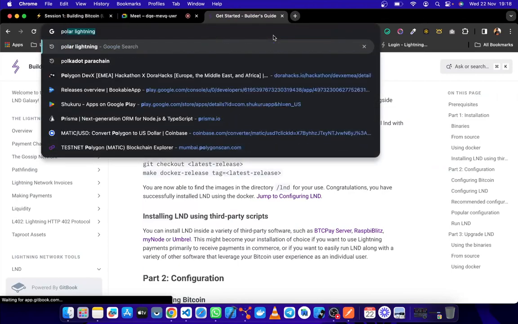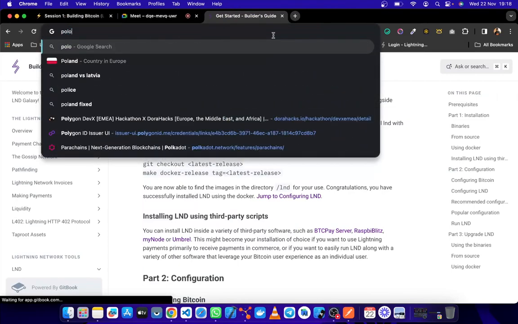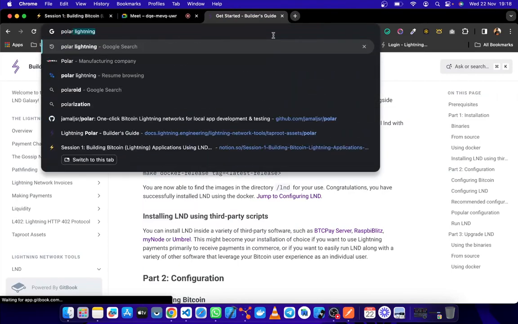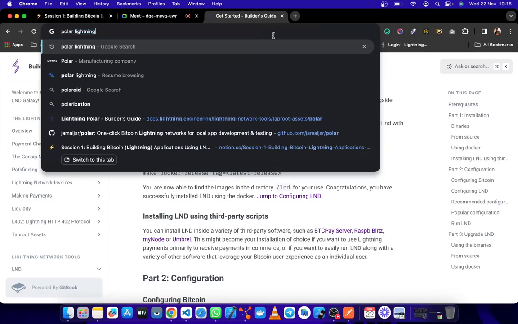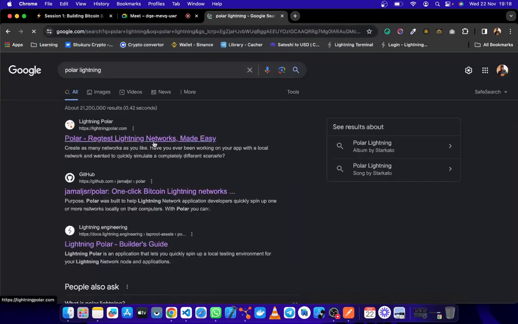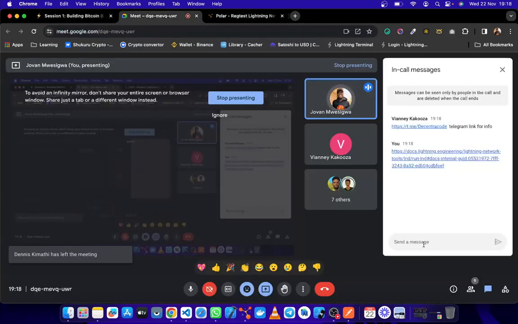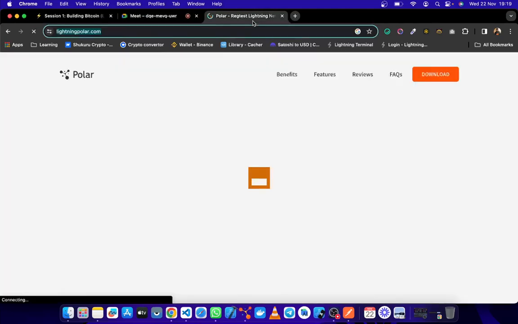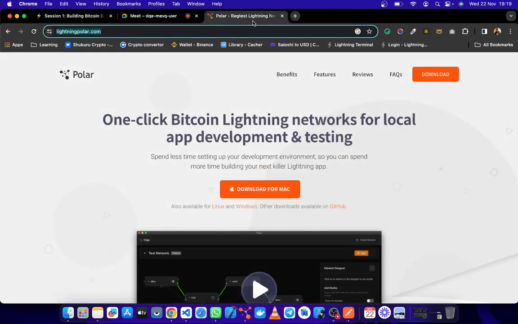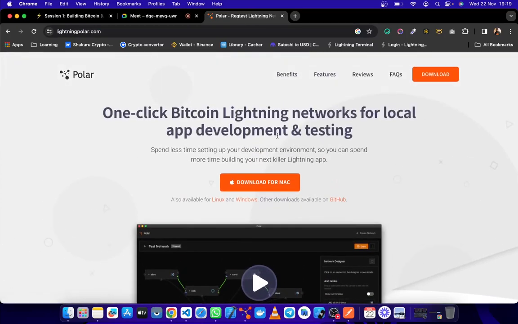What we use Polar for is to allow us to test and run a small Lightning node on our computer without downloading a lot of blockchain data, without spinning up a real Bitcoin node. So it's like a small network that helps us test locally.